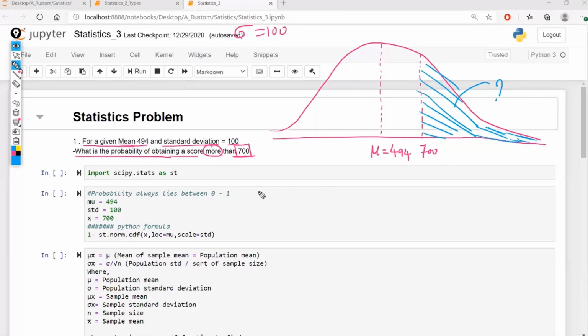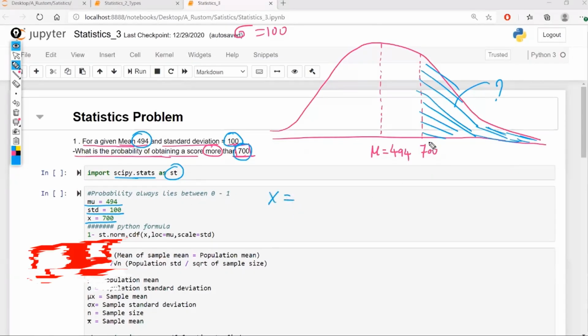First of all, I'm going to import scipy.stats as st. Then what is mu? 494, that is given. What is the standard deviation? 100, that is also given. And they have also given the x data. And in order to find the probability, so let's say that if x